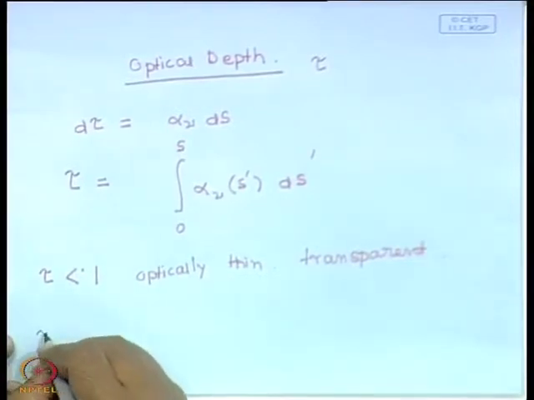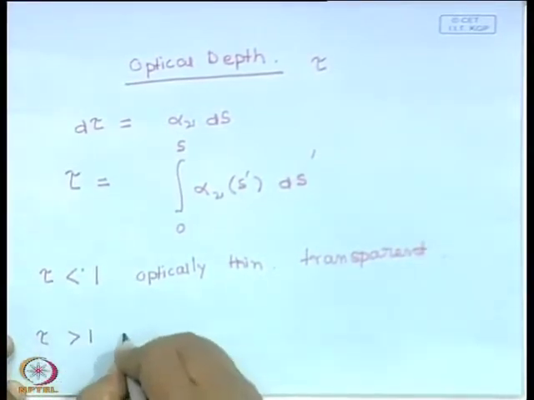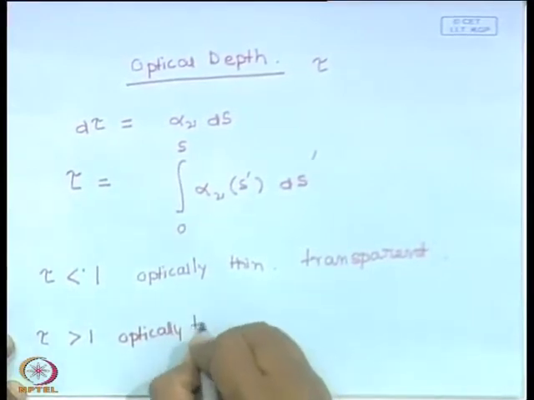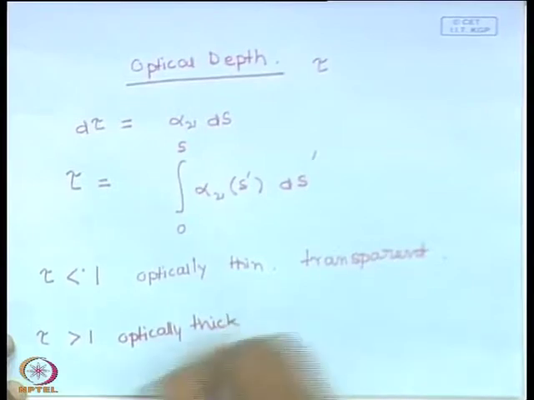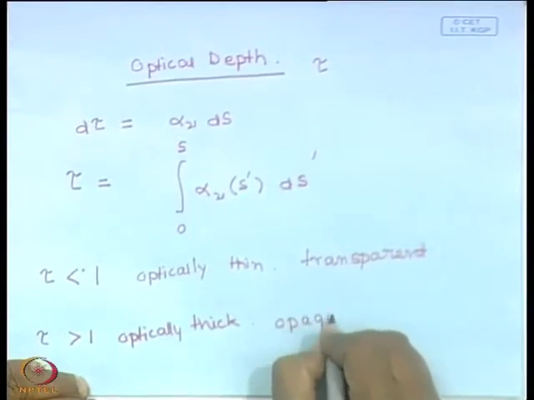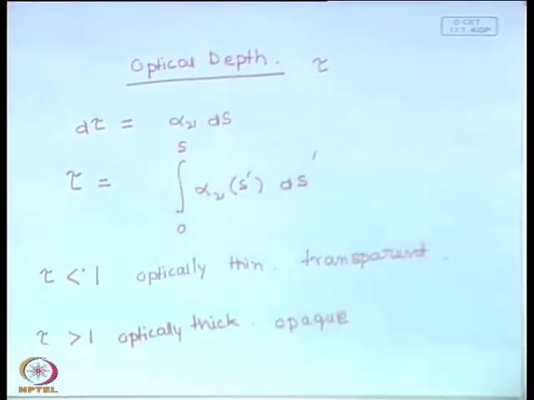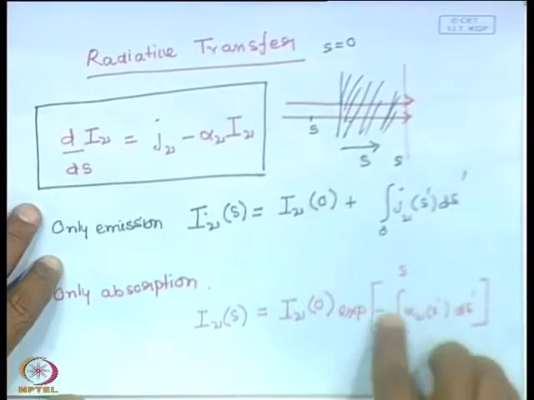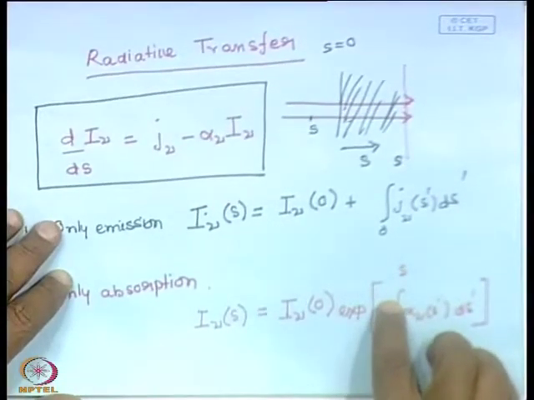Tau greater than 1, it is optically thick. Such a medium is said to be opaque. What do we mean by this? So, this is the optical depth, and as the